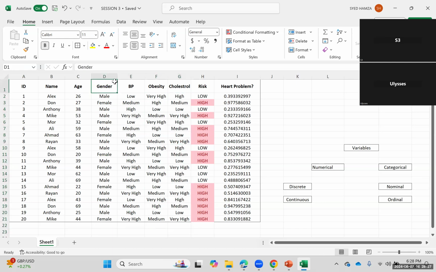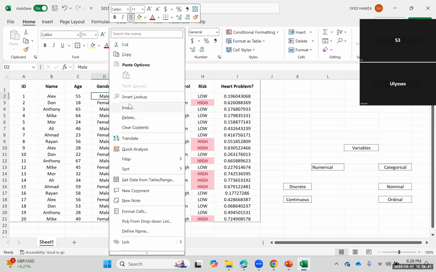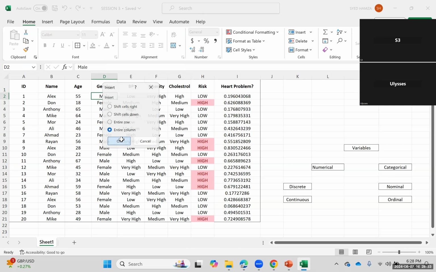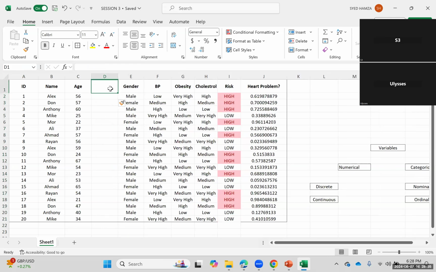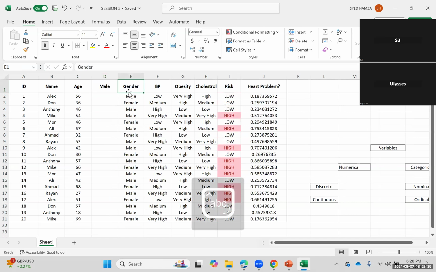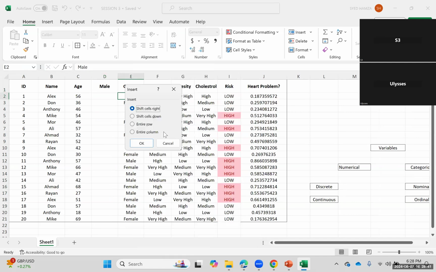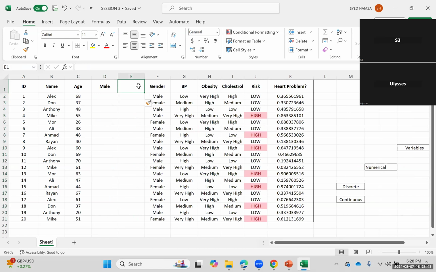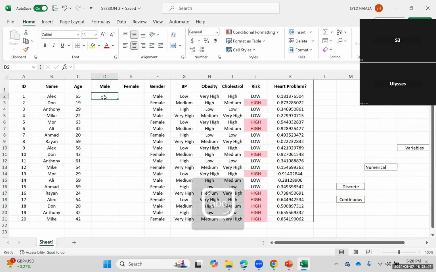So for the gender column, we create another column here, and we split this into male values and another one as female. So the male column is going to keep the values if